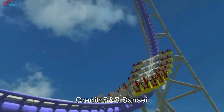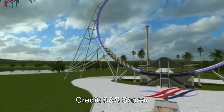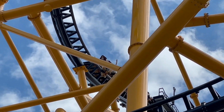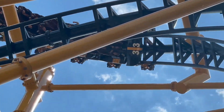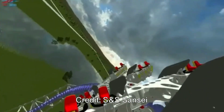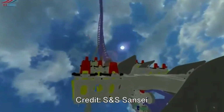Up next, we have the S&S Twisted Looper. Take a 4D roller coaster and mash it with a Larson Super Loop. This was first introduced by the world-renowned S&S Sansei in February of 2017, and it is a very simple layout. The rendering shows a non-inverting loop as the only element with a pass-by launch on the bottom, and it has 4D trains,